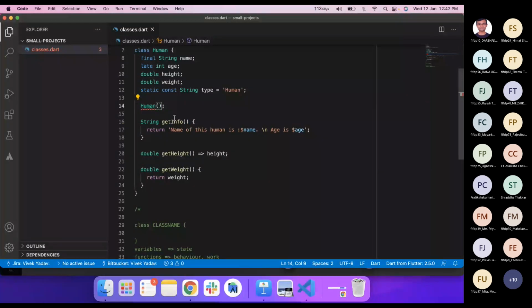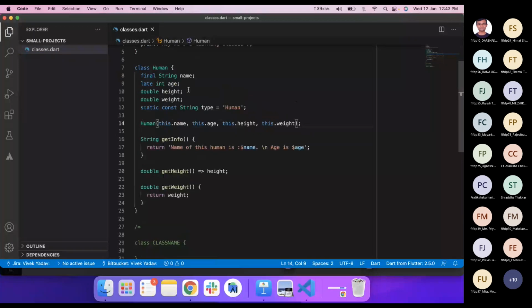Now, in this constructor, we have to specify all the variables which are not either late or const. As soon as I write this.name, this.age, this.height, this.weight, after putting all these variables inside the constructor, we can see that all these errors are gone.